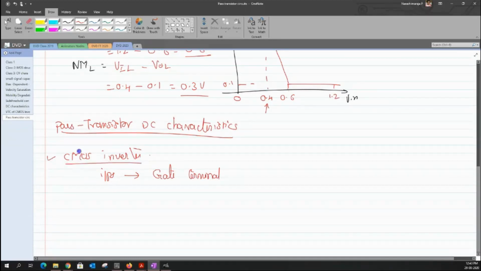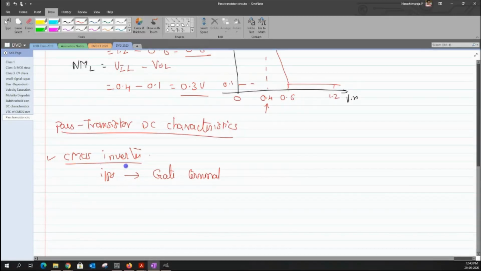I have yet to talk about CMOS logic further, but after the discussion of this pass transistor, I will move on to the CMOS structure for other gates like NAND and NOR. Maybe you already know it, but I will try to revise those structures along with some Boolean expressions, and how to realize them.